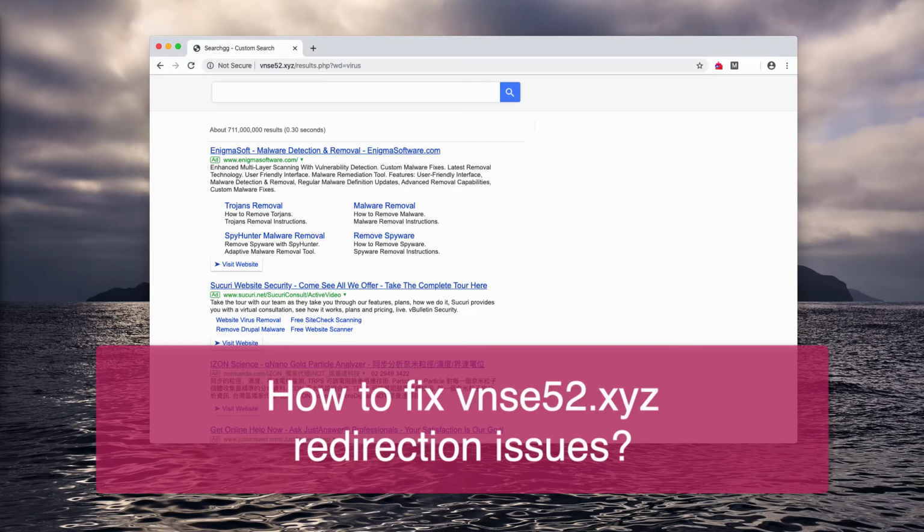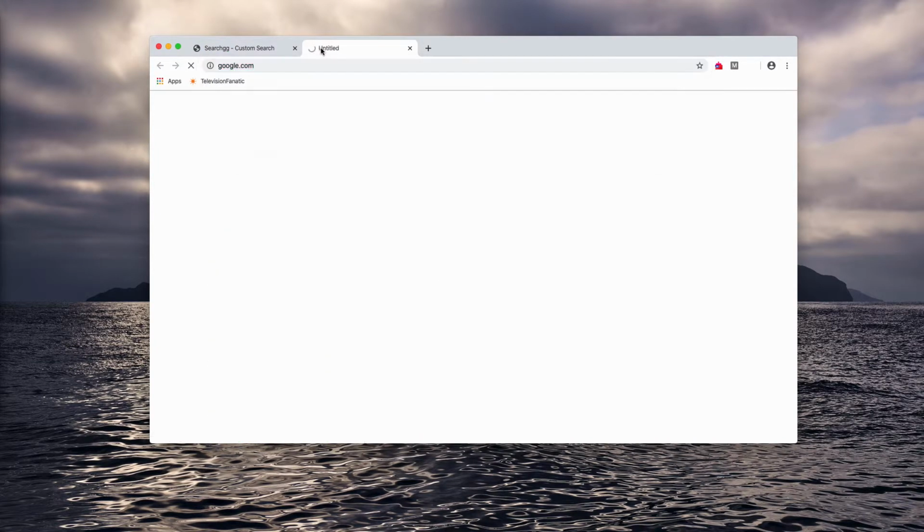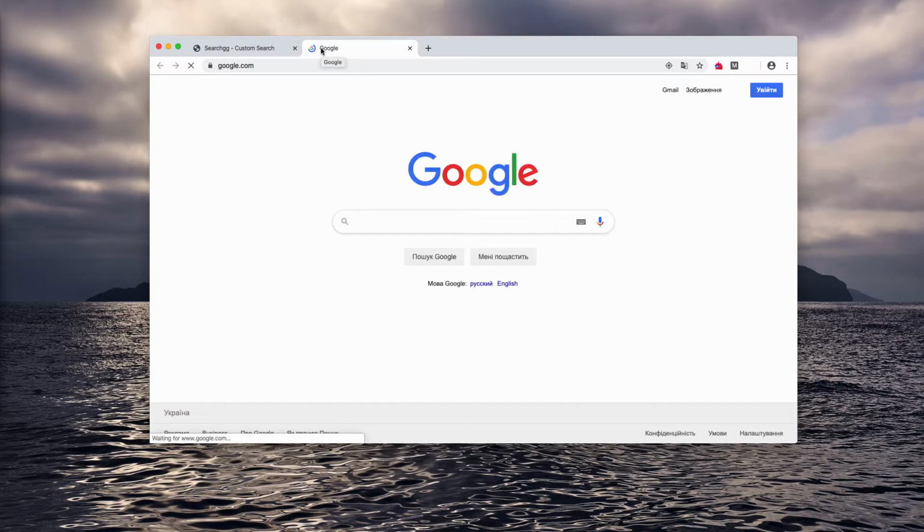Dear ladies and gentlemen, my video guide today will help you to remove vnse52.xyz browser redirection issues. I will demonstrate how this problem occurs. So let's suppose that Google search is your default search engine, and it looks like there is no problem with